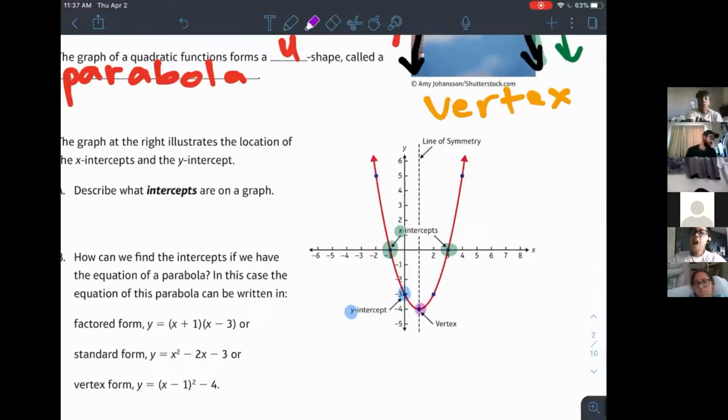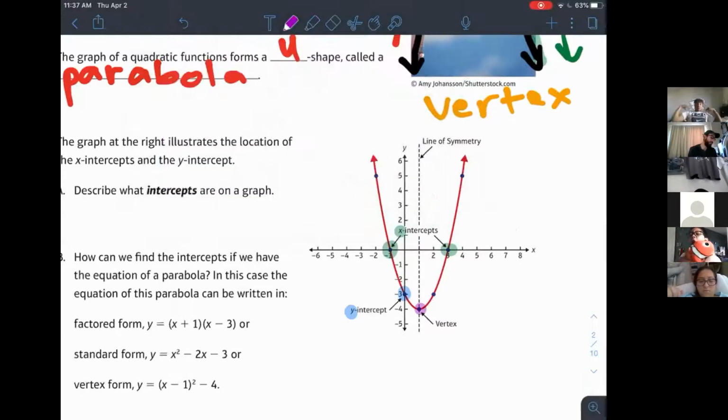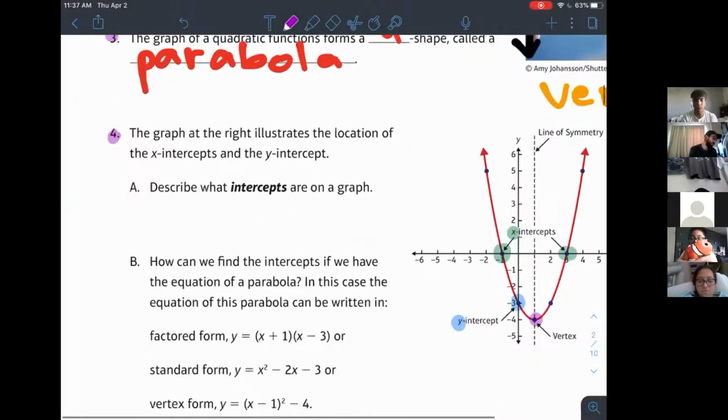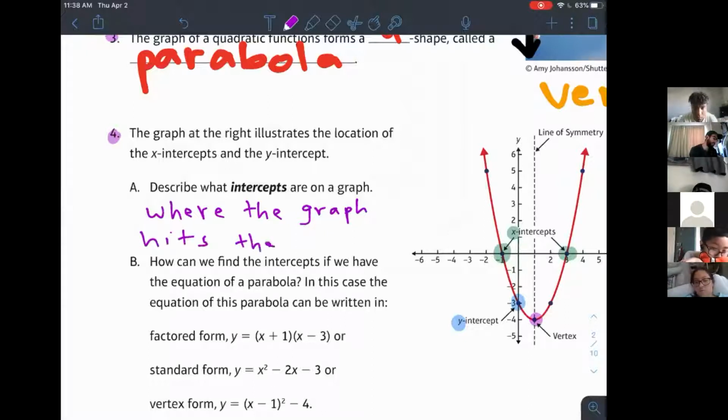Okay, so describe what intercepts are in the graph. Well, we kind of just mentioned that verbally, but intercepts are where the graph hits the axes. And in this case, the graph is a curve, where the parabola, or the graph, hits the axes. And I'm going to write,